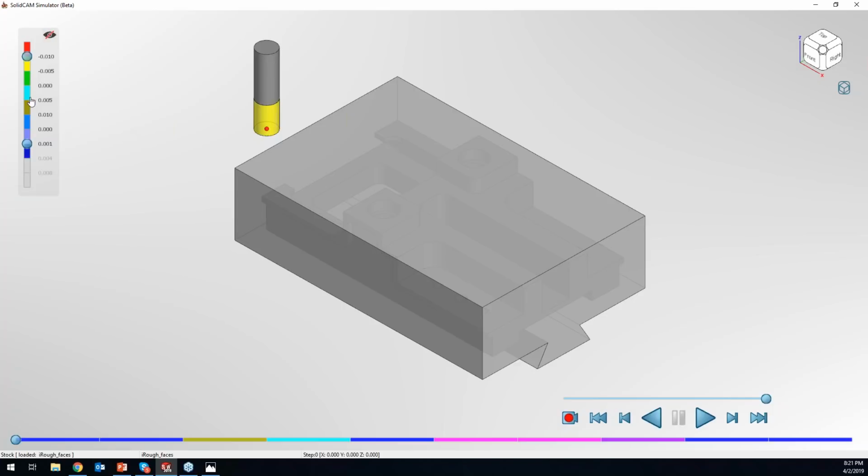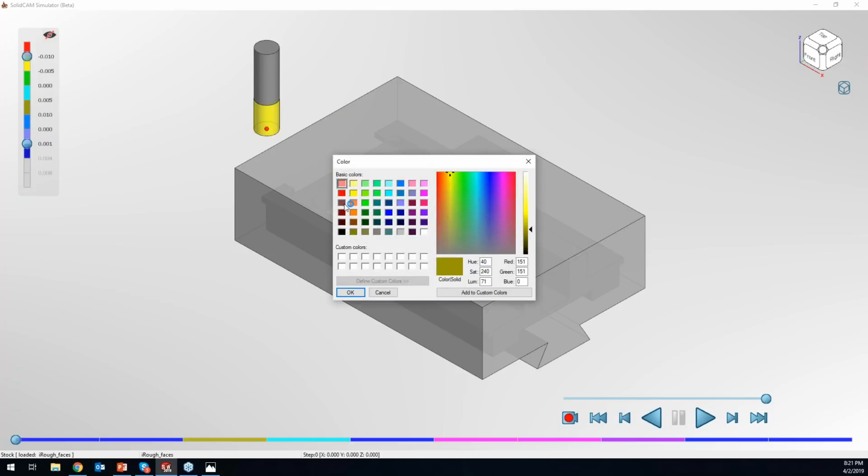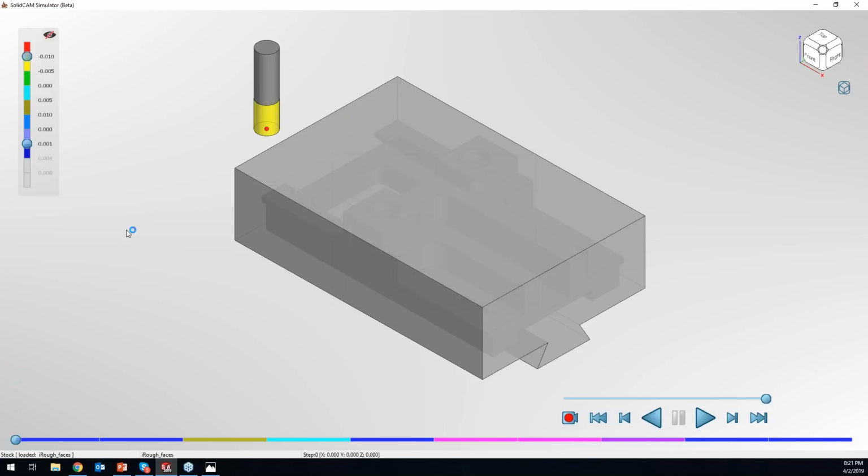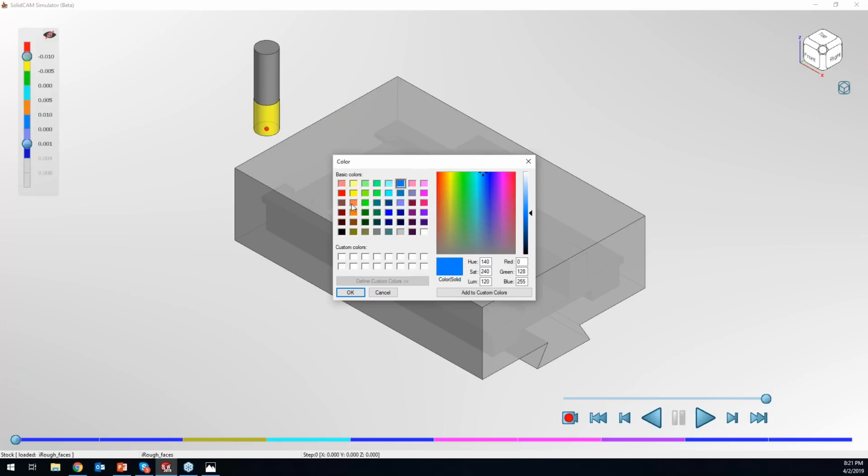Okay. So I like green as 0. This puke color, I'm just going to change that color to orange. And this blue, let's switch over to